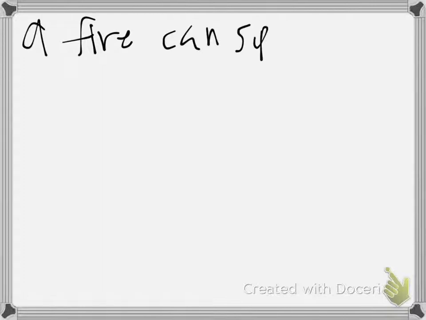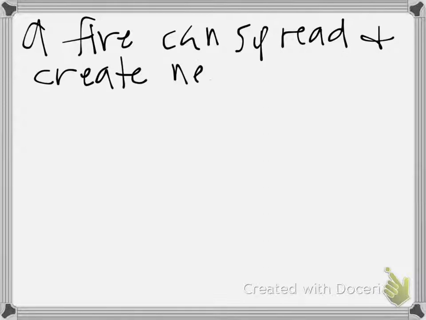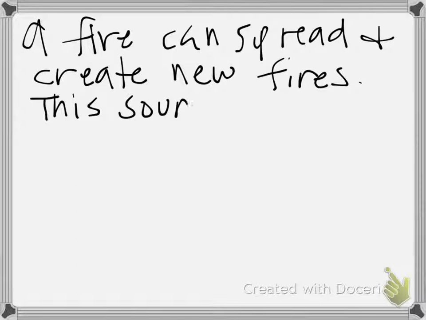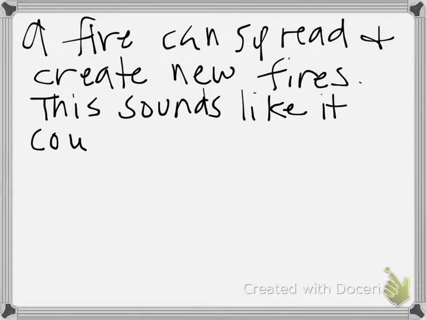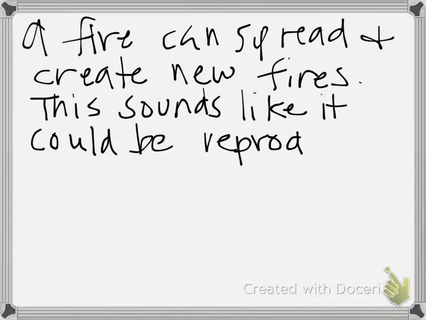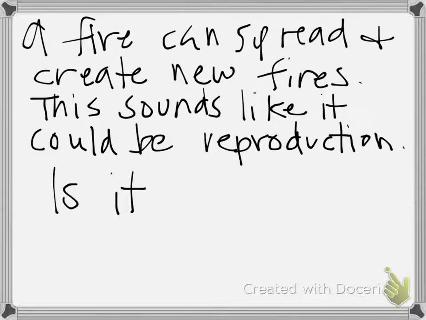So just so that you have a practice question, you might get questions, for example, that say, a fire can spread and create new fires. Fire can spread and create new fires, new little fires. This sounds like it could be reproduction. Is a fire alive because it can do reproduction? Why is a fire alive or not? And then you would have to give me evidence using your other 8 characteristics of life to prove to me that just because a fire can create